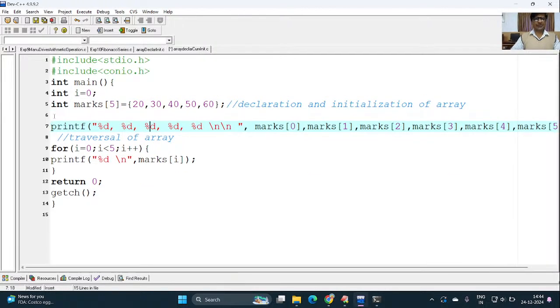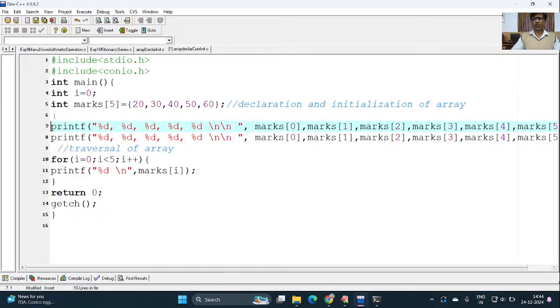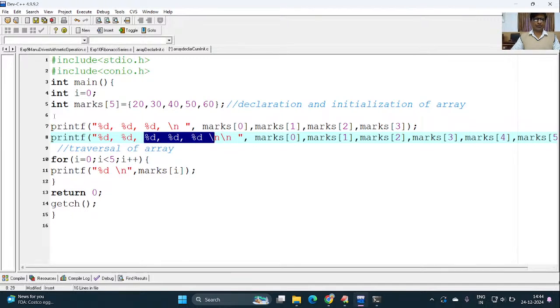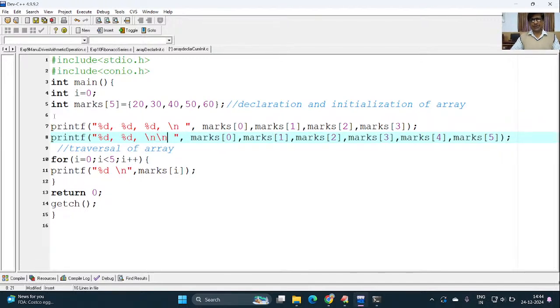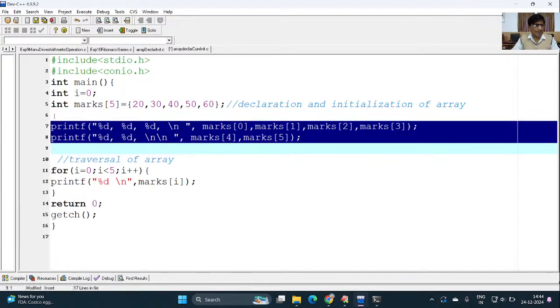Here you can traverse the elements. To avoid this, I'll write it in 2 different lines. So I'll remove 2 values, add a slash n, and I'll remove the last 2 values so that you can read easily. I don't need the first 3 elements here. I'll keep only marks 3, 4 and 5. So here I'm accessing the elements individually, manually from the program, and here